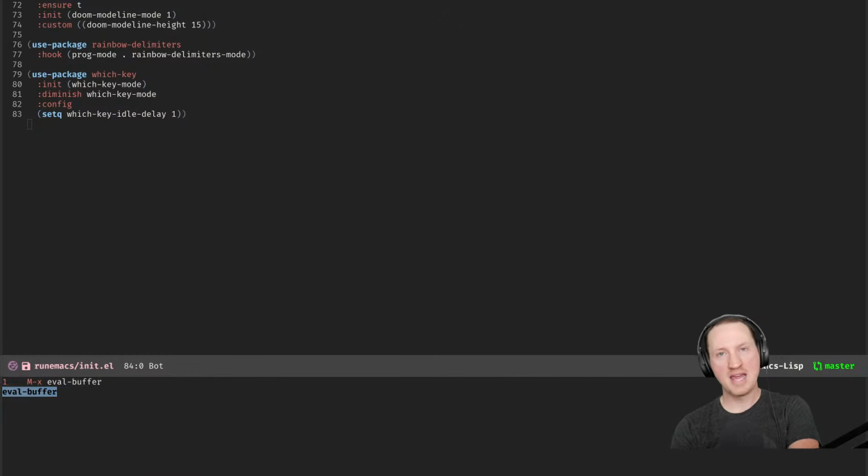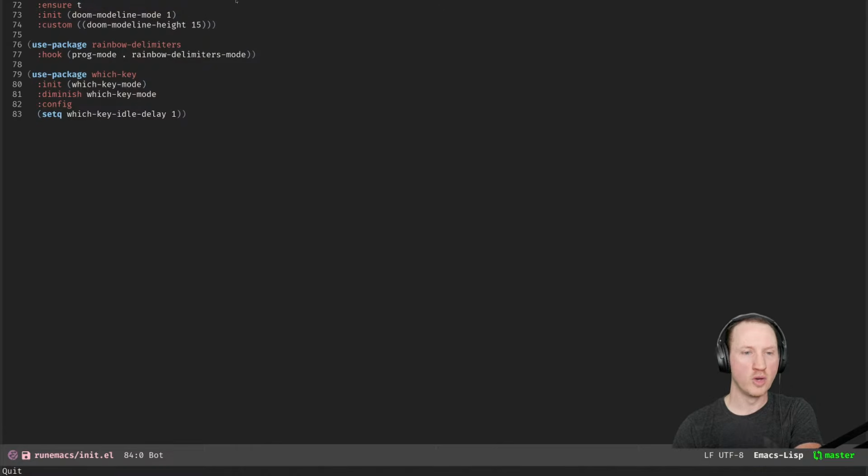So yes, we can run eval-buffer, which will reevaluate everything in the buffer. However, I think this is not such a great idea because if you have any kind of imperative code that is manipulating variables or adding hooks, you might run it again, which would cause hooks to be run multiple times. So running eval-buffer can be less safe than going to a particular section of your config,